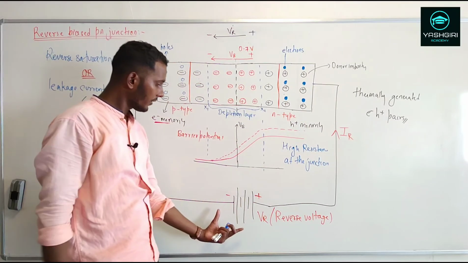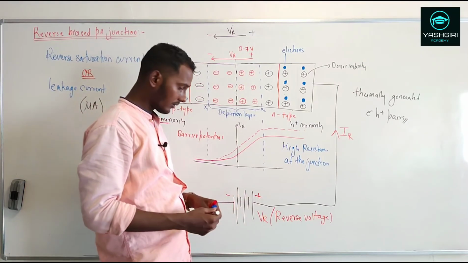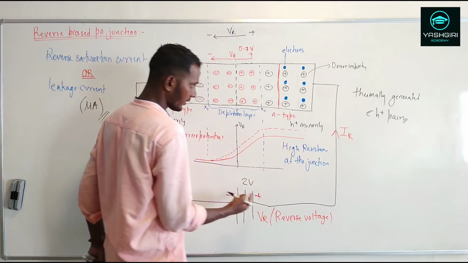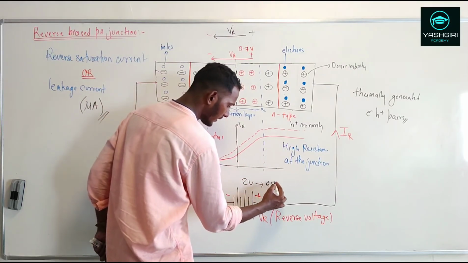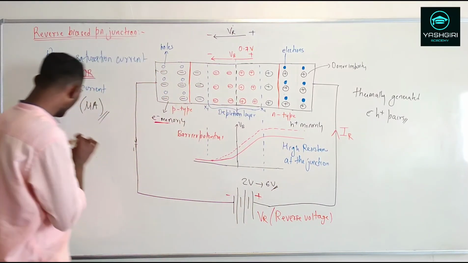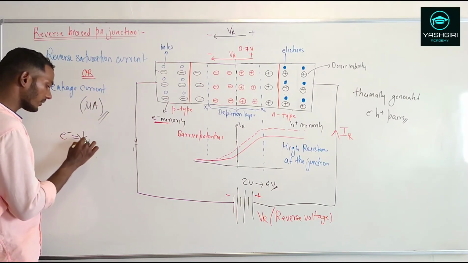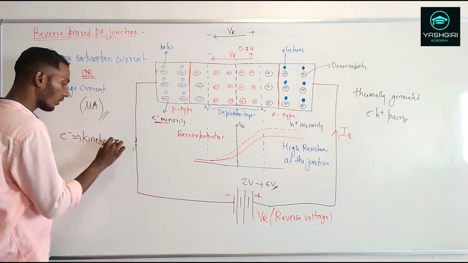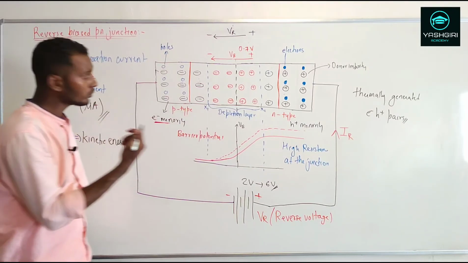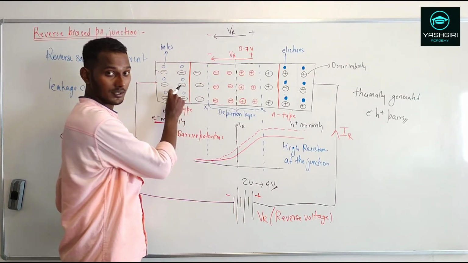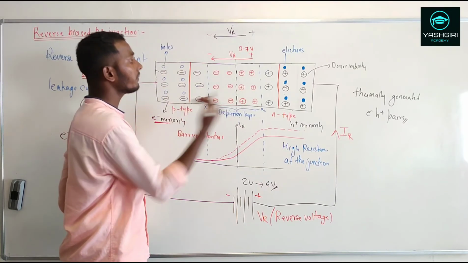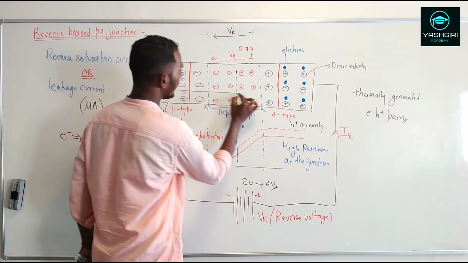Now, as you increase this reverse voltage continuously, suppose at the initial start you kept it at 2 volts, you are getting some reverse current, okay, and now suppose you are increasing it to 6 volts. In that case, basically the electron's kinetic energy will increase. The kinetic energy of the electron increases, and that may be high enough to knock out the electrons from the semiconductors over here. Alright, and when this happens, there will be more electrons flowing in these diodes.